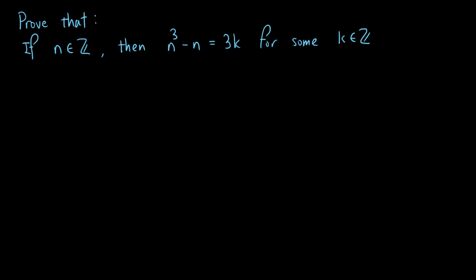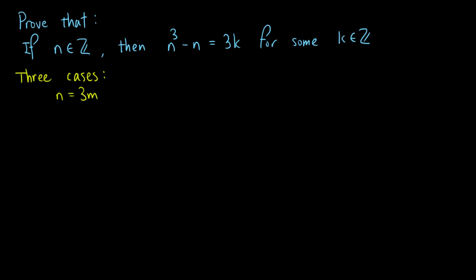We are trying to prove that n cubed minus n is 3 times an integer, or in other words, n cubed minus n is divisible by 3. So we are in the realm of divisibility by 3 here. What are the different cases here? Well, if we divide n by 3, only 3 things can happen. It could be that n is divisible by 3, or the remainder is 0, which is the result that we want,